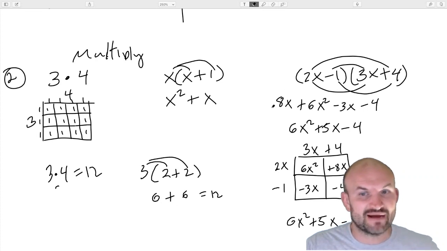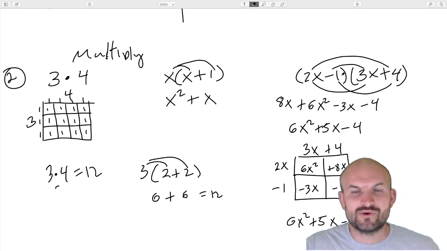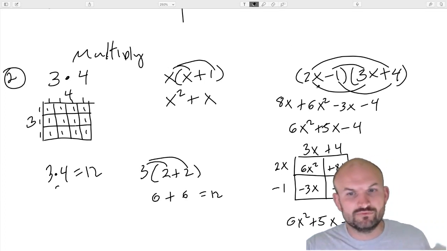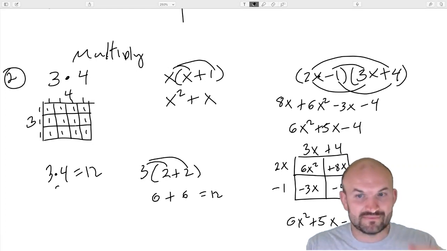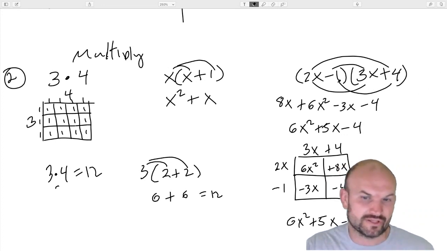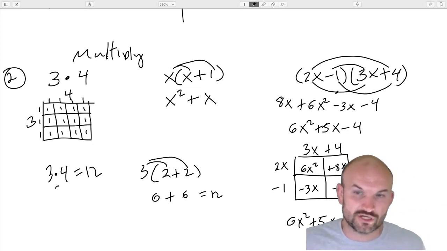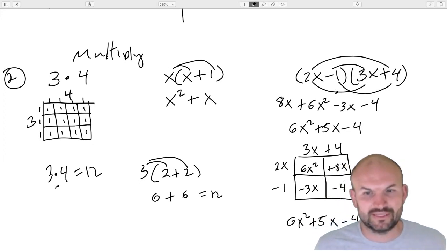So when we get into teaching binomials, you can see that both this 2x minus 1 is being multiplied by the 3x plus 4. So you need to make sure you multiply every single term times every single term. That's why I was creating these little lines here to represent everything needs to be multiplied by everything. People call it FOIL, first, outer, inner, last, or you can just call it distributive property, whatever may be the case.